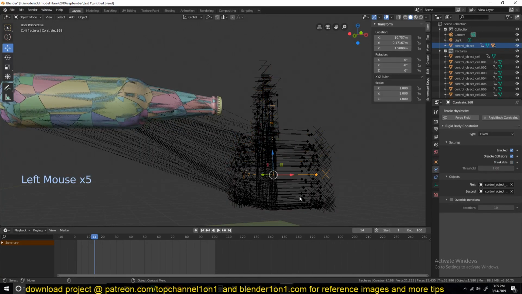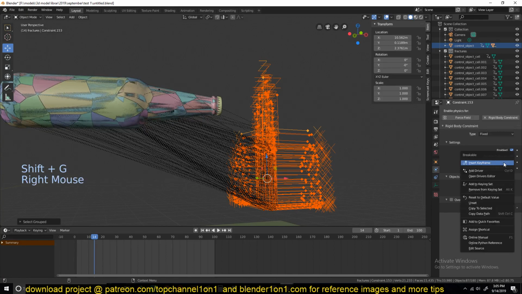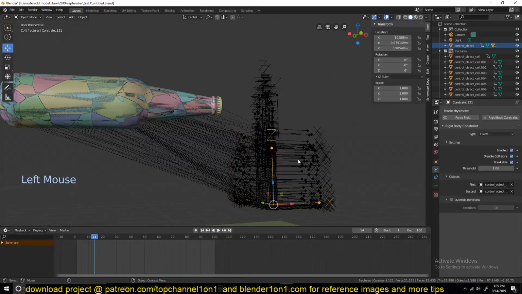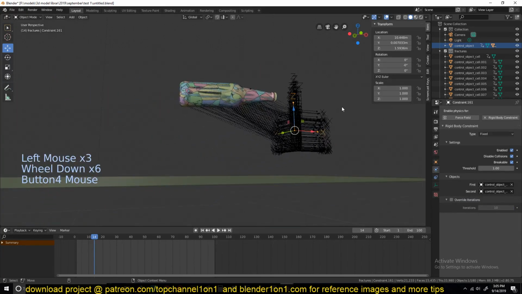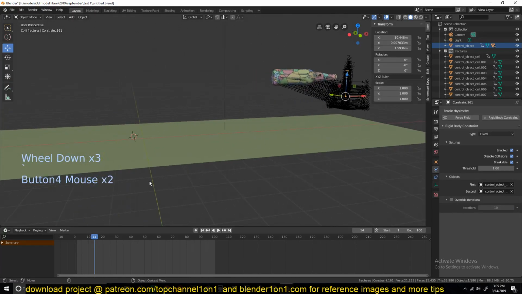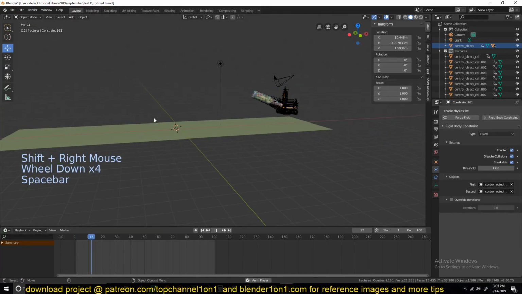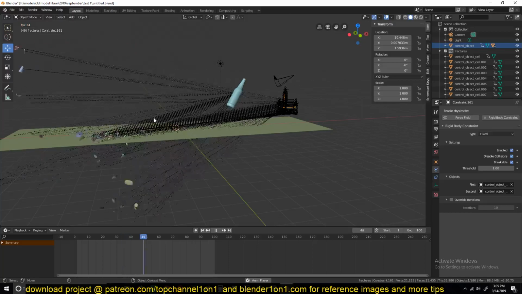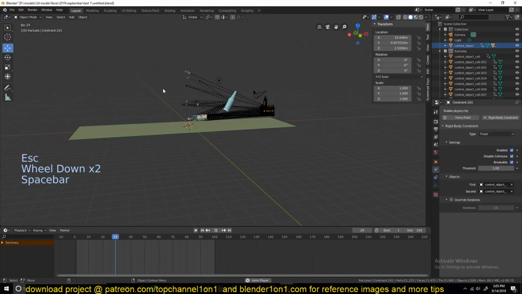This will transfer that value to all the other connections, but I don't have breakable set for them yet. So let me do that. Let me just select this, set breakable, and then Shift G and copy to selected, so that all the other pieces have breakable turned on. So now you can see they're already breaking up, and I think